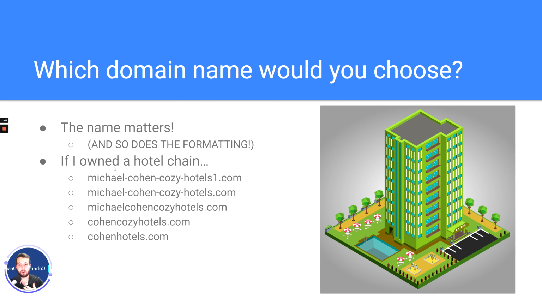If I owned a hotel chain, maybe I'm thinking of Michael-Cohen-Cozy-Hotels1.com. So maybe I'm thinking I'll get my name in there, some descriptors, and the hotel. And then I'm like, let's actually break that down a little bit. Let's get rid of that number. I don't know why I thought about using a number. It's not really useful here. But then I realize it's a lot to type, so let's get rid of the dashes. I don't need the dashes. Oh, well, that's still pretty long. Let's get rid of my first name. And then we're down to